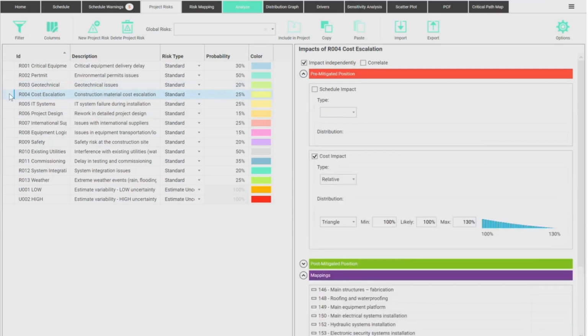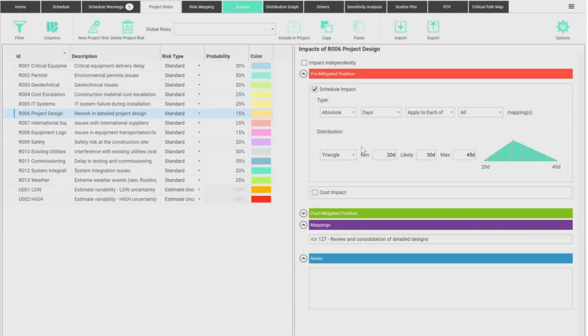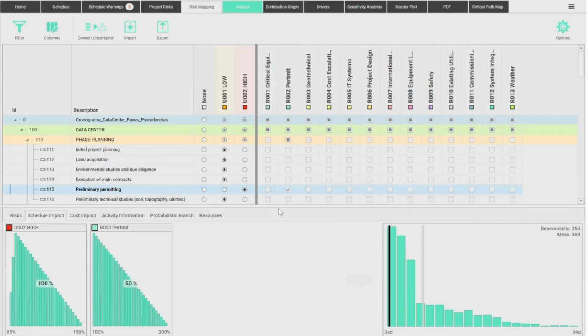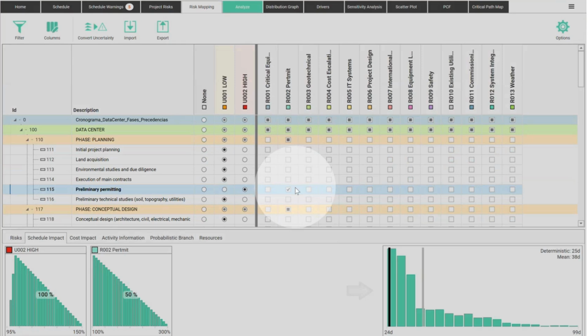So by assigning the risks from our risk matrix, from our qualitative risk work, right? By assigning a probability and a distribution to each, or even 2 distributions, right? Schedule and cost. We can then map on the next screen here which activities are impacted by each risk. So as we saw, the uncertainties here, high or low, or maybe none. Maybe there are some activities that have no uncertainty at all. It's guaranteed, the deadline, the cost, whatever, okay? But first assign the variability to each, and then here on the right side, we will assign which activities actually suffer or are subject to each specific risk.